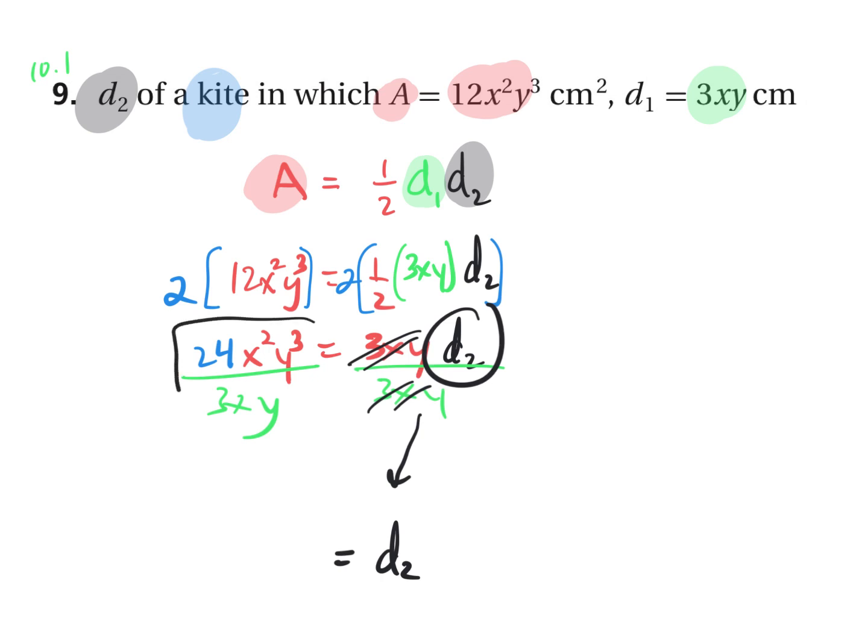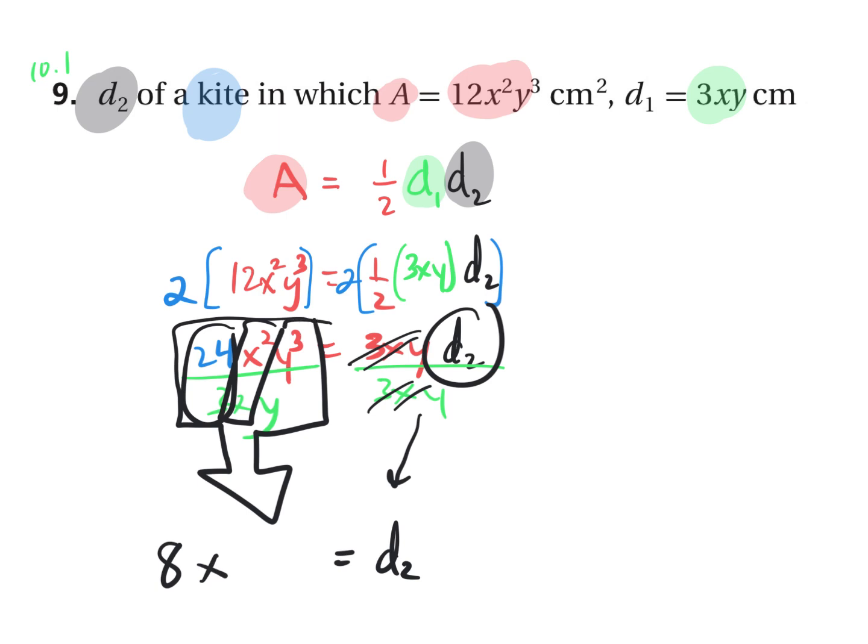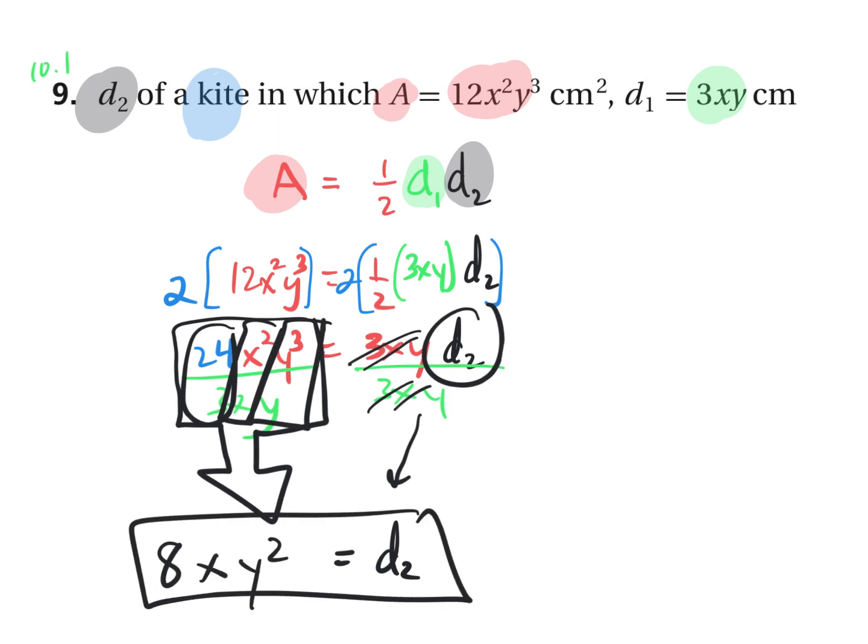So to simplify this expression, 24 divided by 3 is equal to 8. x squared divided by x is just x, and y cubed divided by y is y squared. Final answer. If you're wondering why x squared divided by x is equal to x, well, because x squared is